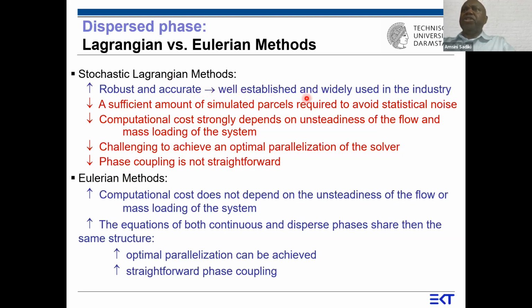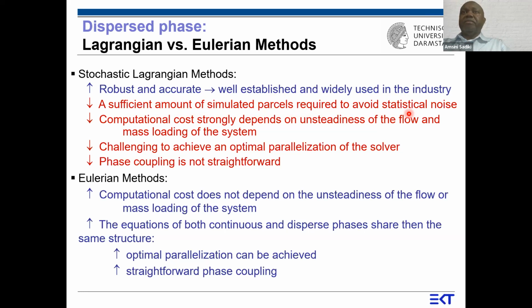It is well established and widely used in industry, and can be found in many industrial CFD codes. But we need a sufficient number of simulated particles, the so-called parcels, in order to avoid